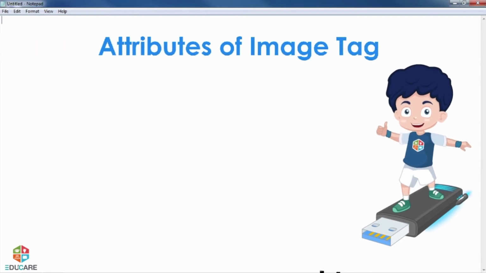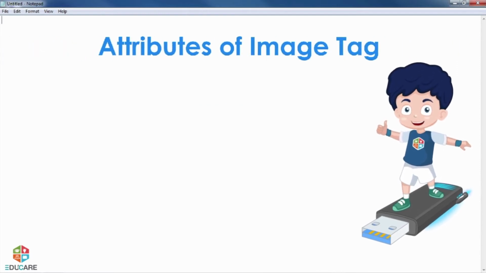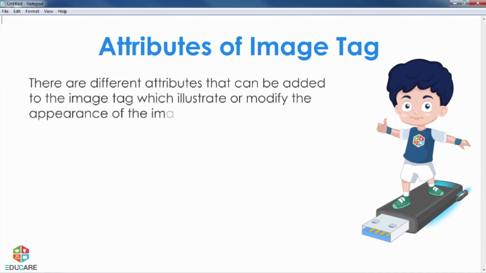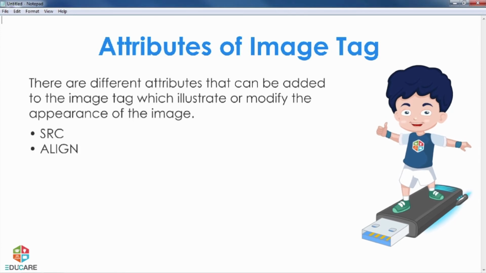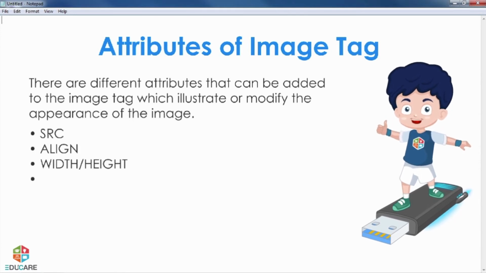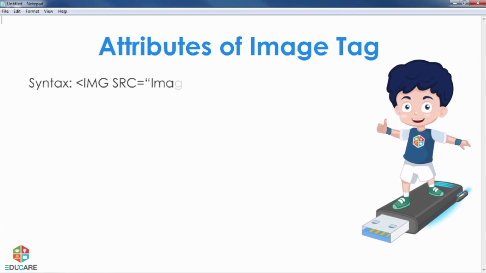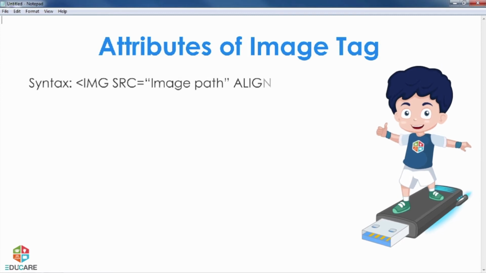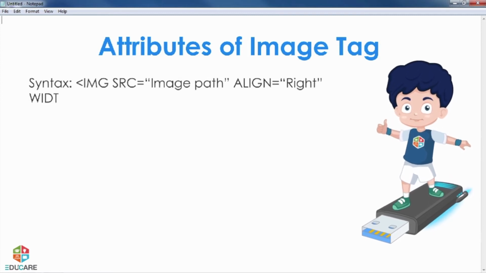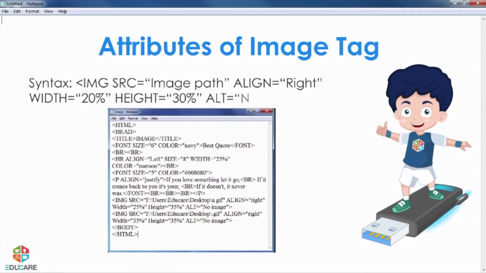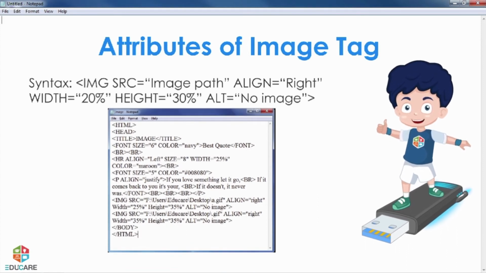Attributes of the image tag. There are different attributes that can be added to the image tag which illustrate or modify the appearance of the image: src, align, width or height, alt. Syntax: img src equals image path, align equals right, width equals 20%, height equals 30%, alt equals no image. The output is